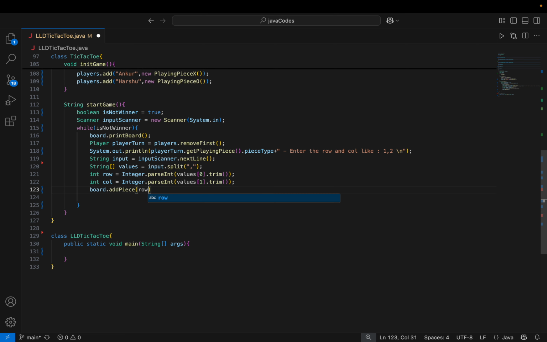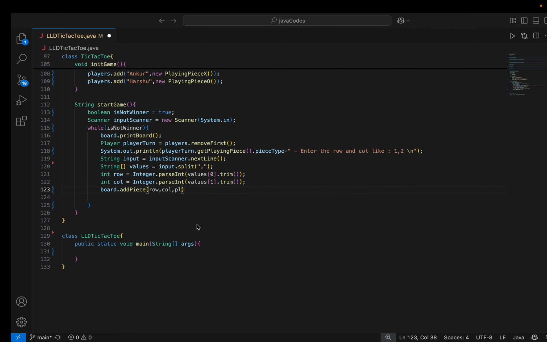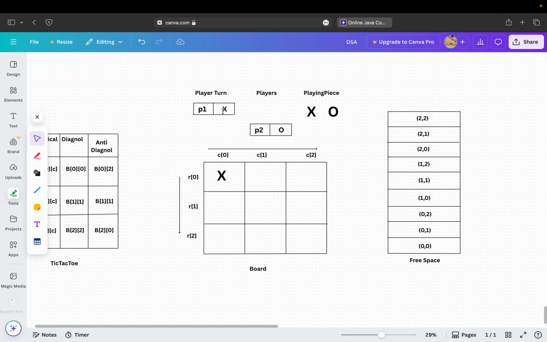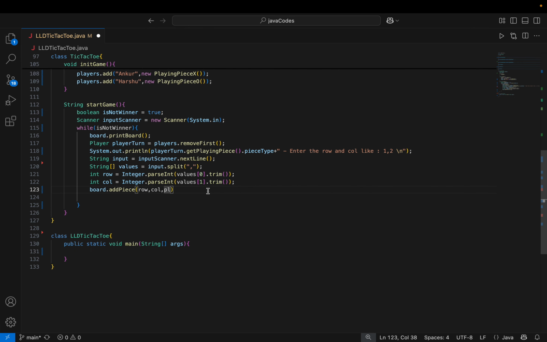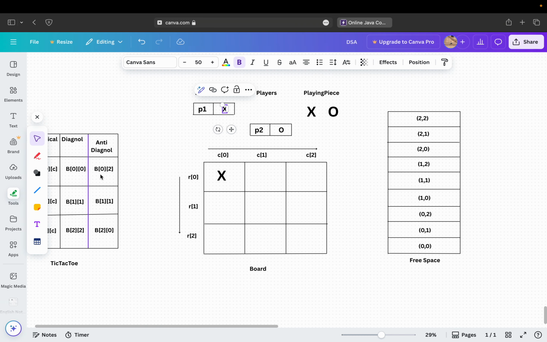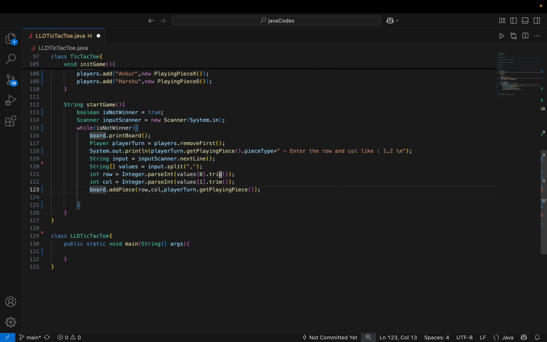In that, we have to pass the row, the column and the playing piece. So player P1 has the turn, and it has to pass the playing piece. So player turn dot get playing piece. That's how we can pass it. After that,